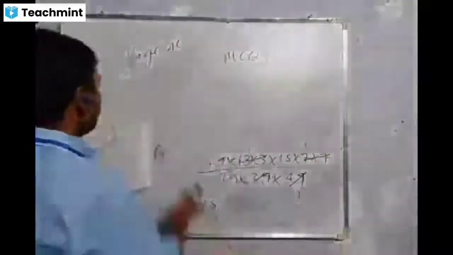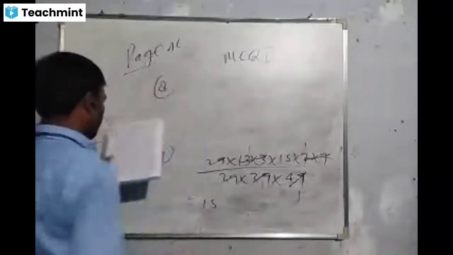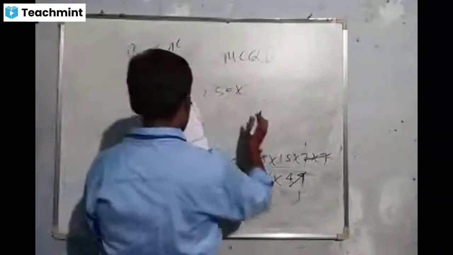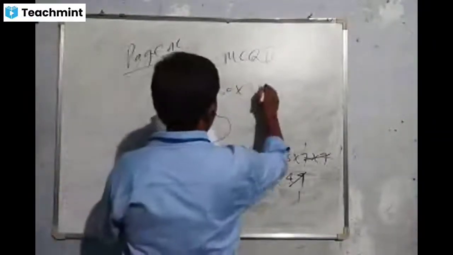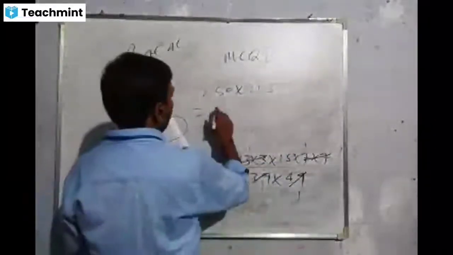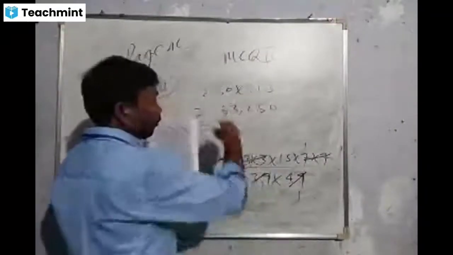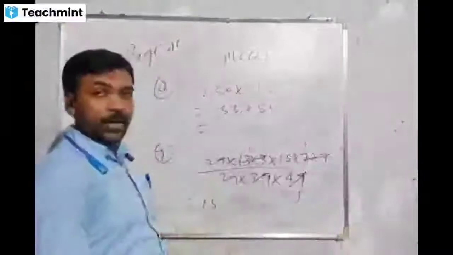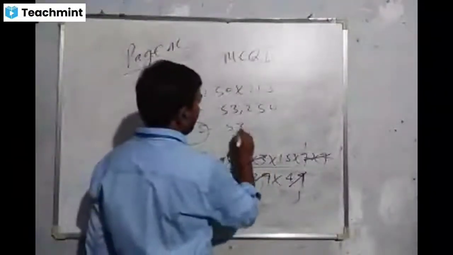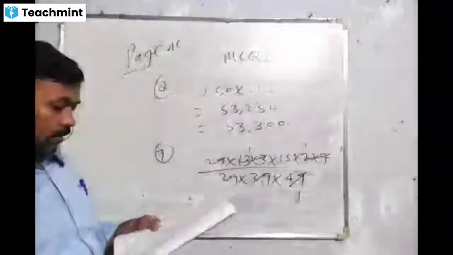So now question number 8. Here it is asking: first you multiply, then round. 250 multiply 213. If you multiply both numbers, I hope you know multiplication well, this becomes 53,250. And here it is asking to round to the nearest 100. So here 50 becomes 300, 53,300. That is, the last option is correct.